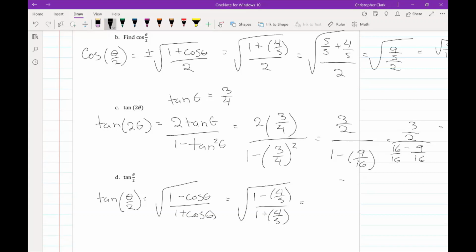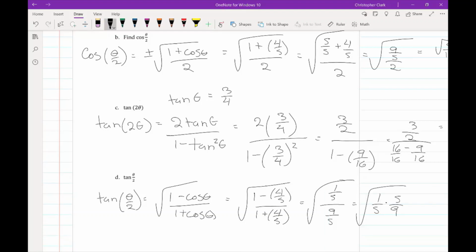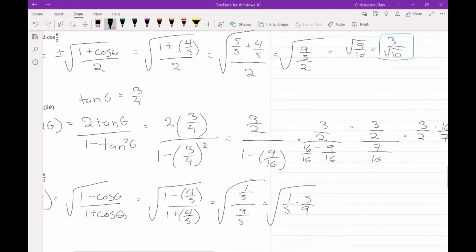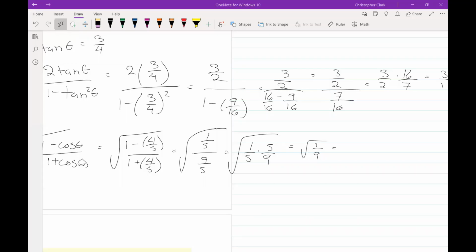So this is the square root of 1/5 over 9/5. And so this is the square root of 1/5 times 5/9. The 5's cancel, so this is the square root of 1/9. So this is 1/3. Now,